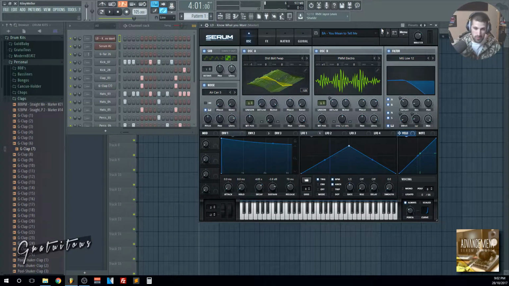A lot of times with bass lines, I do find that you can play them up high. A lot of times they could be like a lead on your track. You have your actual song, your bass line, your chords and everything like that, but sometimes your song's just missing that one instrument. A lot of times I go to a bass line and play it up high, even up higher, and that can many times be the missing element in a lot of my tracks. Okay, so we'll go to our next sound here.